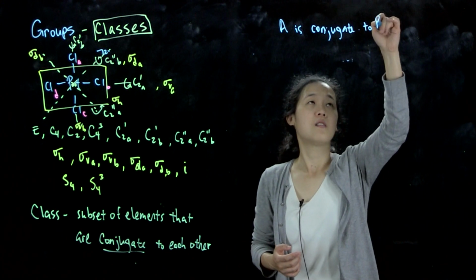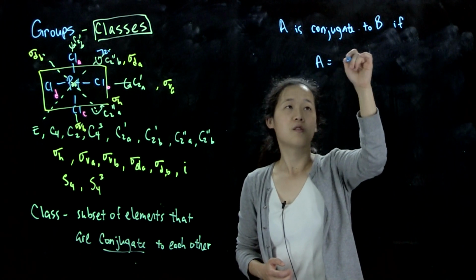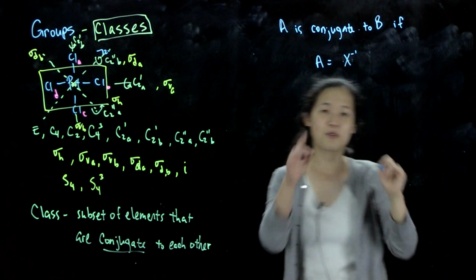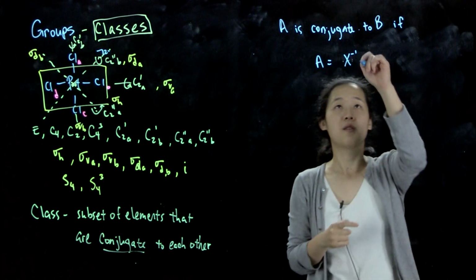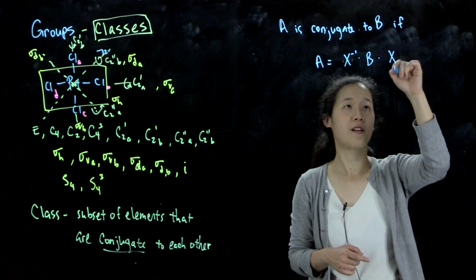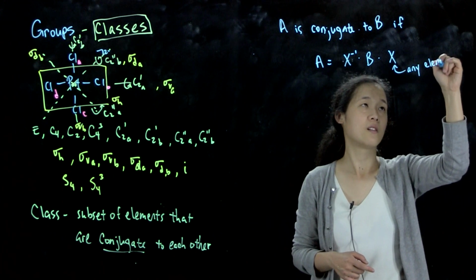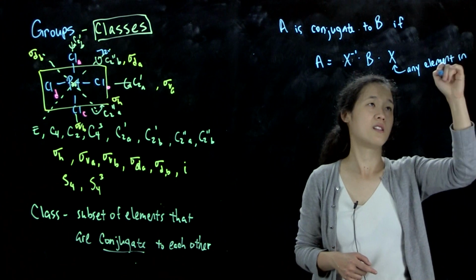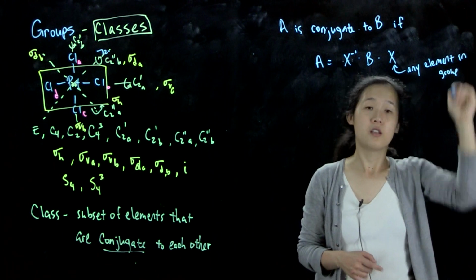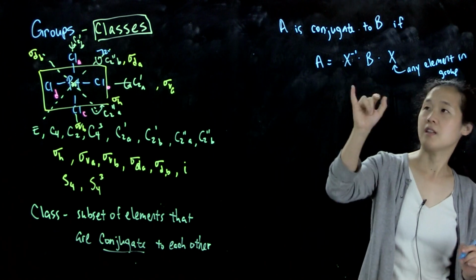To B if A equals the reciprocal of X, which is any element in the group, times B times X. So this is another element, any other element in the group. Note that X does not have to be conjugate to A or B for this to hold. It's any element,